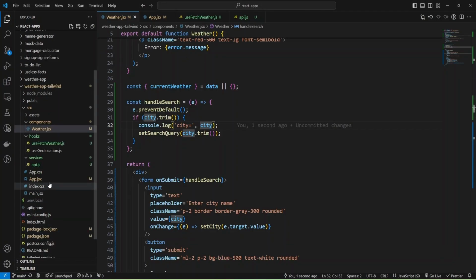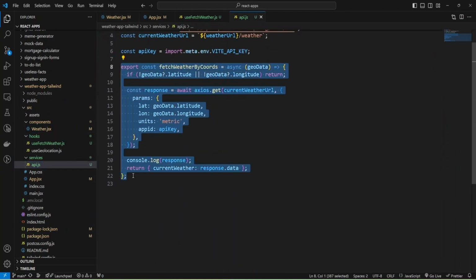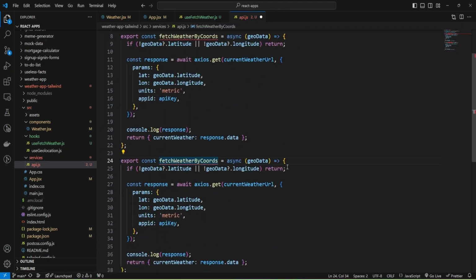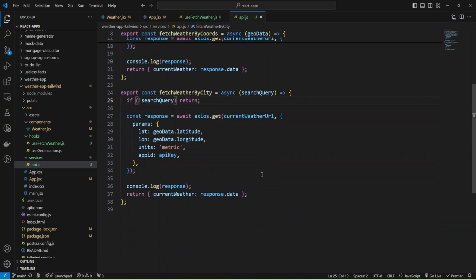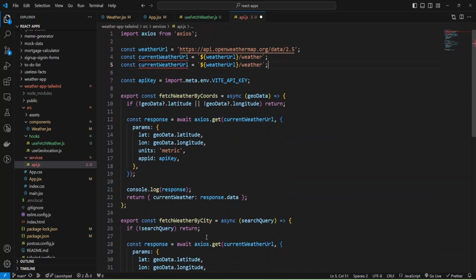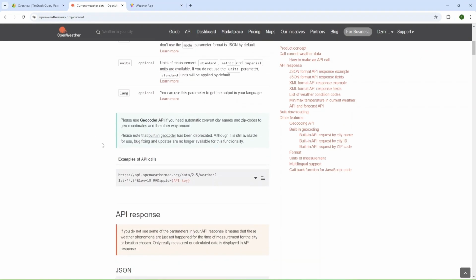I'm going to open my services API and just copy this function, fetch weather by coordinates, and change it to fetch weather by city. Here I'll provide a search query, and we can check if we don't have a search query, then we can just return. We need one more URL, so let's check the documentation. And for city, I'm going to use this